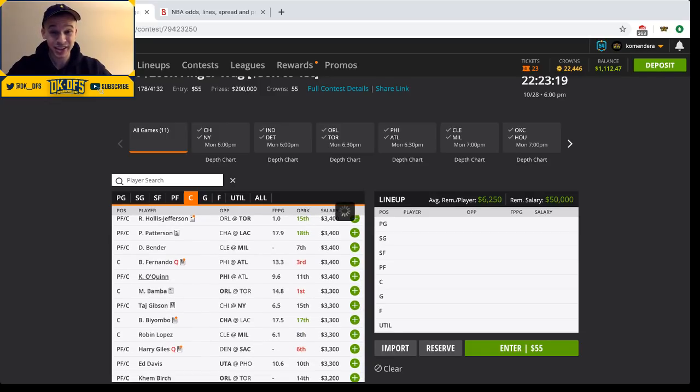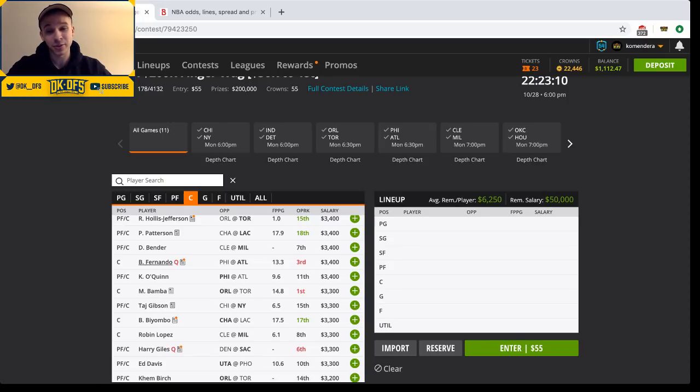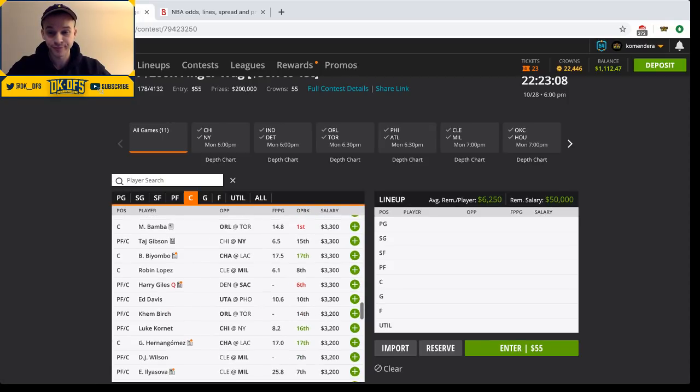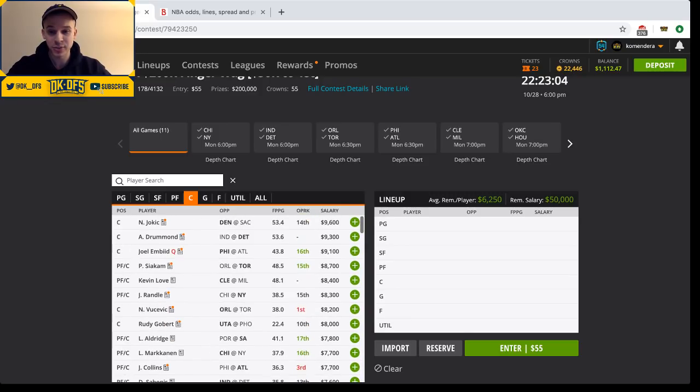Kyle O'Quinn, you could give a look to if Embiid misses. Didn't play huge minutes, 14 minutes. I would have liked it if he was playing 20 to 25. But, yeah, I guess you could take a dart throw on him if Embiid misses. I think that's basically it for center, so let's move on to...